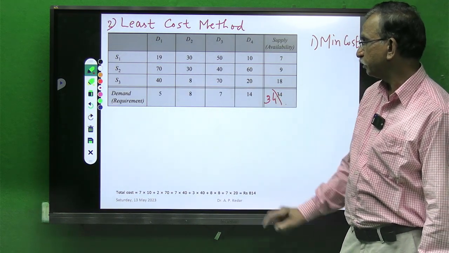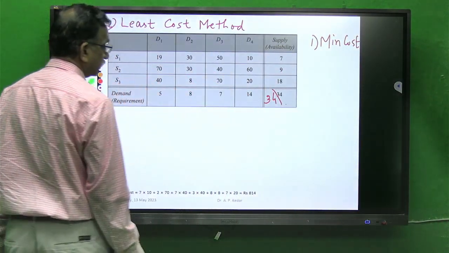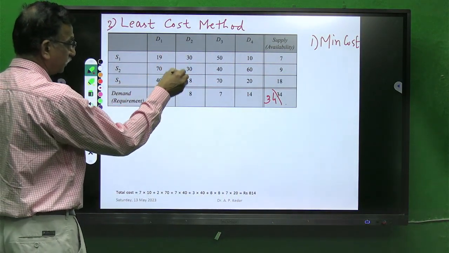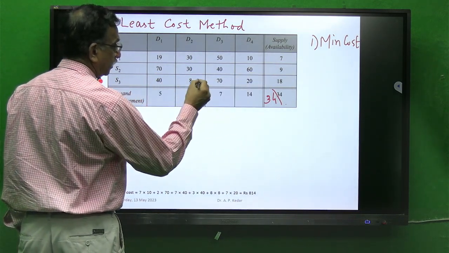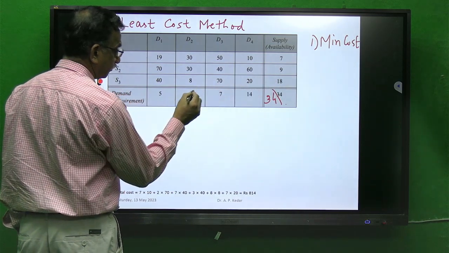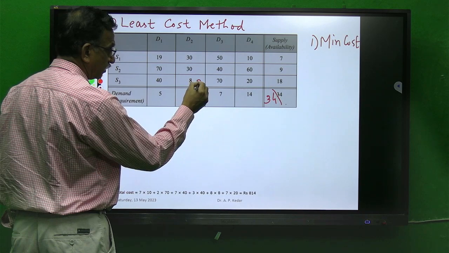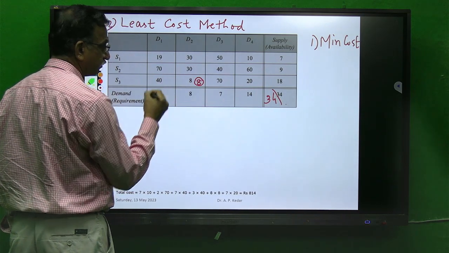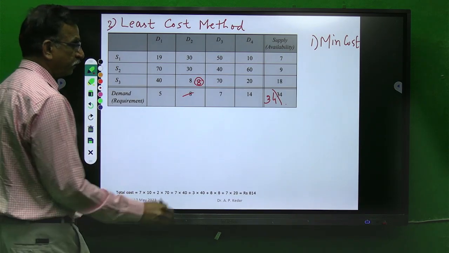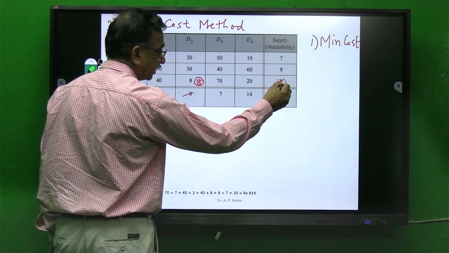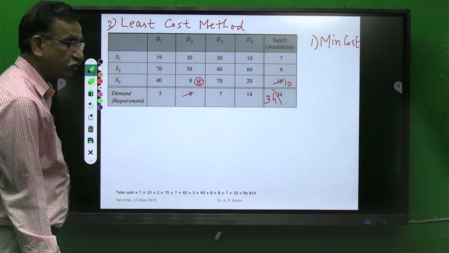So amongst these, if you find the minimum is 8, so for 8, which is in S3D2, your supply is 18, demand is 8. So what you will do, as explained previously, allocate 8, cross off, nothing remained, modify it as 10, 18 minus 8, 10 is remaining. Now, a very important